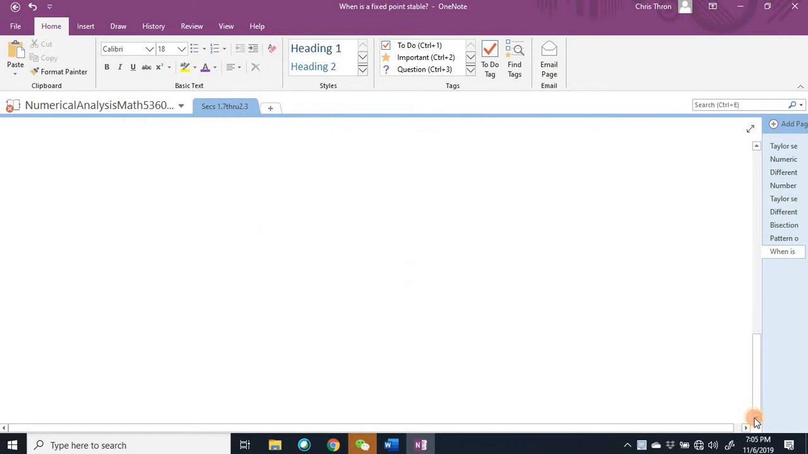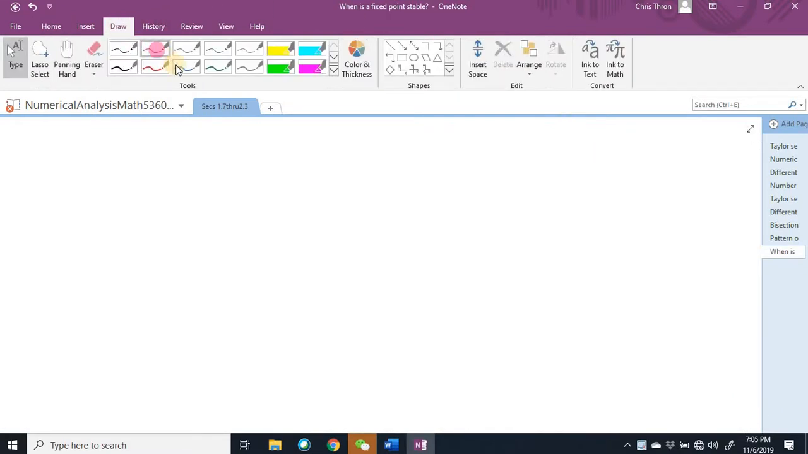Let me try to explain what this bifurcation diagram is. My internet's working. It's just there's something. Okay, well,